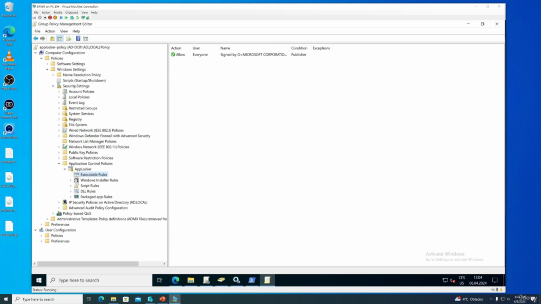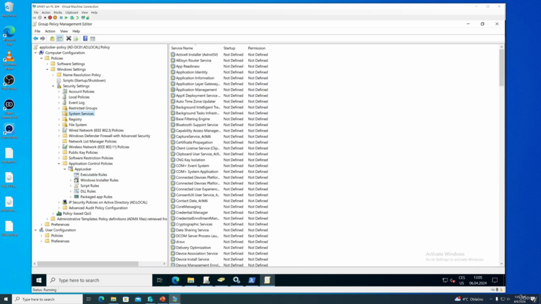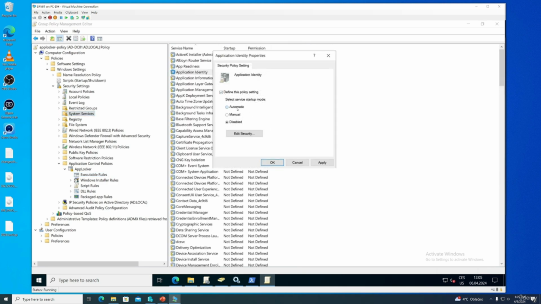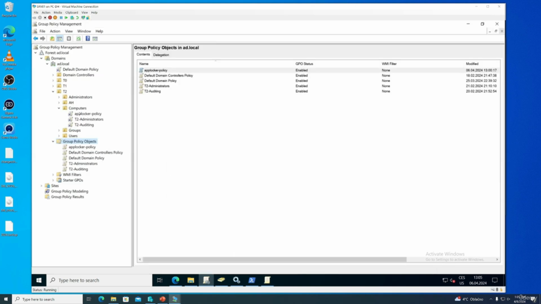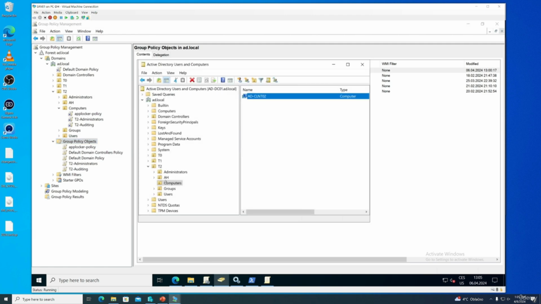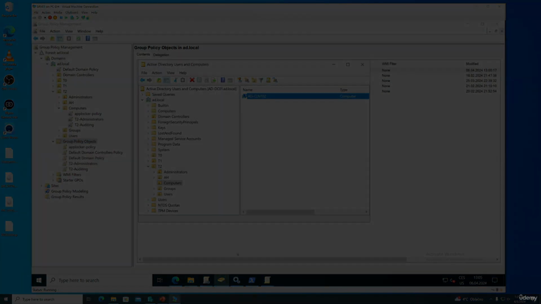So we will go to security settings, system services, and here we will find the Application Identity service and set it to automatic. And that's basically all we need to do. So our policy is created and our policy is applied to our computer that is in the computers organizational unit. So let's